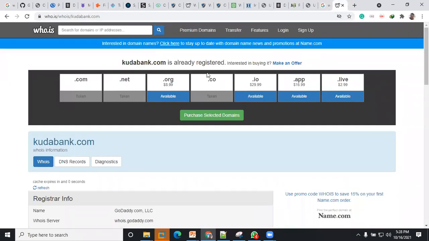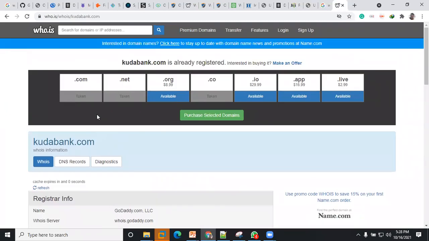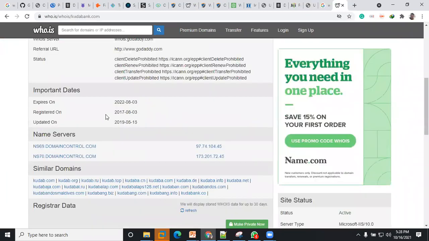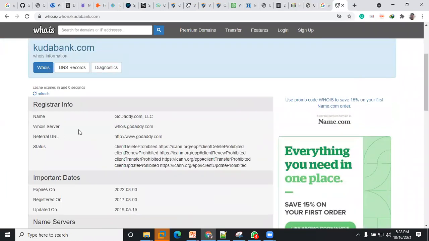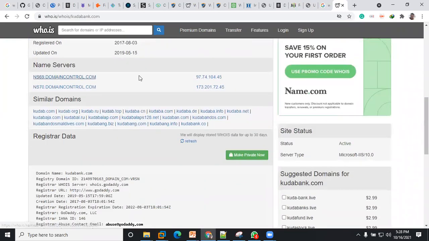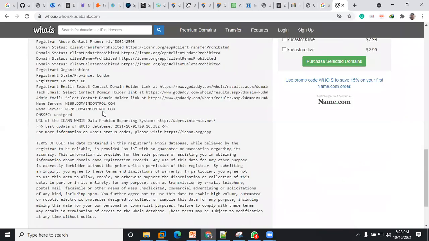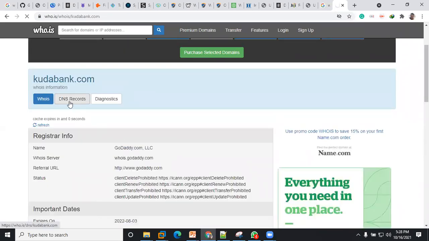So you can see, this is a whois lookup. It's showing us information about the URL, the whois server that is hosting the web application, and their IP addresses. You can see how it was able to gather information about the domain. For example, if you go up to see the DNS record,